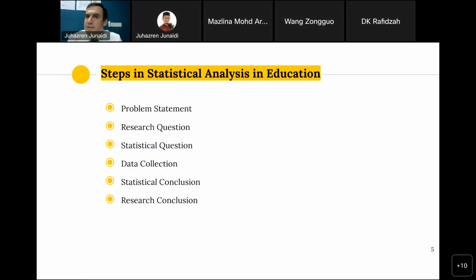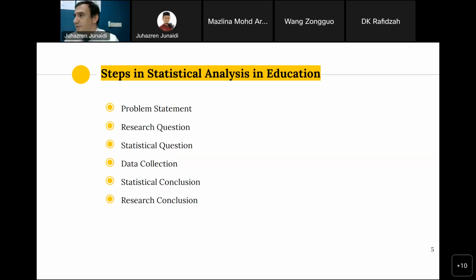The steps in statistical analysis in education are as follows. From which fields are you? Can you tell me from which field everybody is? Science education. Educational technology. Educational technology. Vocational technology and education. Okay, educational technology. So you are from all faculty of education, which means your steps in statistical analysis will